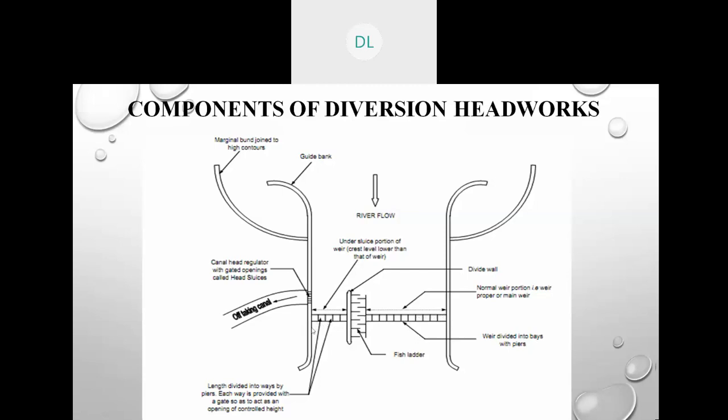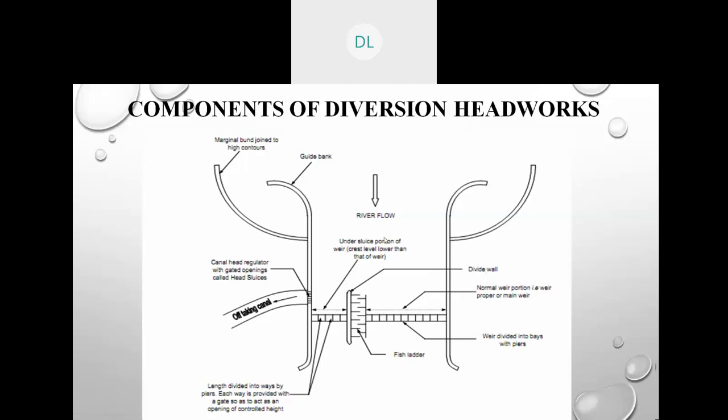Now after the construction of this weir, the water will get accumulated and there will be creation of head, means water will be pooling up. Earlier it was within the banks of the river. Now since water is going up here, it will also spread out onto the left and right side of the river. And if the accumulated water spreads out, it won't serve the purpose.